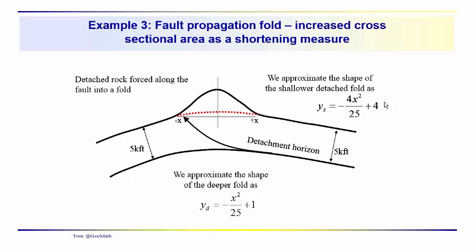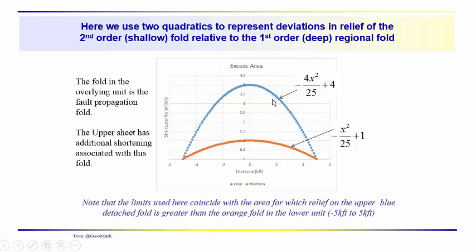So we have a quadratic for the shallow fold and a quadratic for the deeper fold. We want to figure out this area here. So this is the graphical representation of the shallower fold. This is the graphical representation of the deeper fold. We want to determine this area, the area between these two folds. And so we're going to be